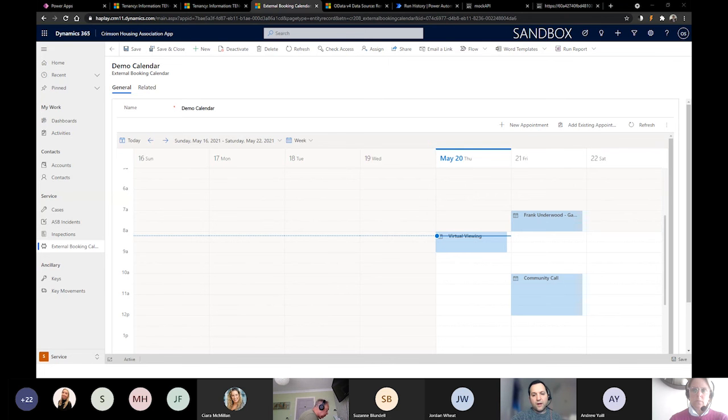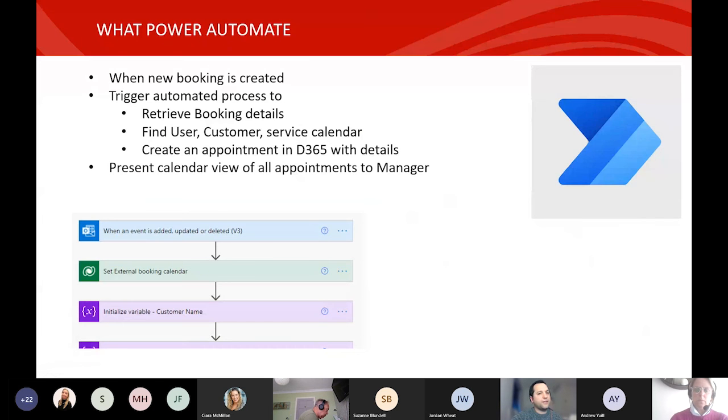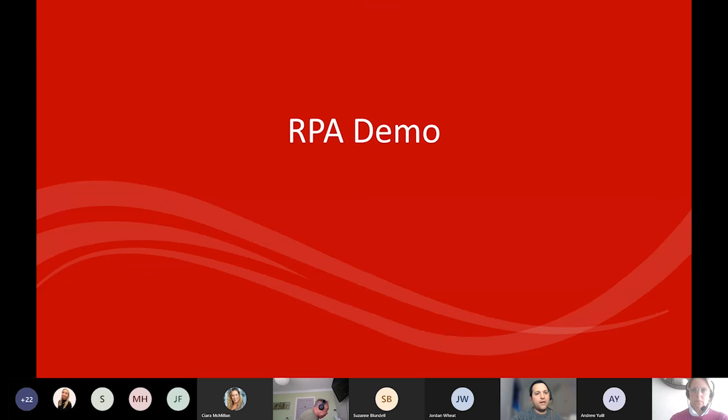So the final one that I do want to show you today, if I can quickly go through it, is RPA. So RPA is the most sort of the latest